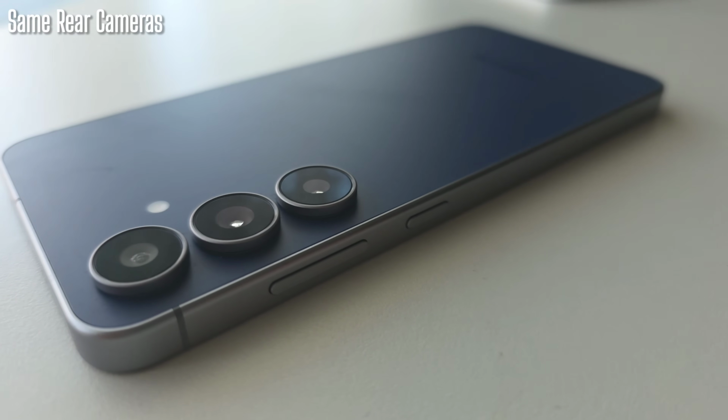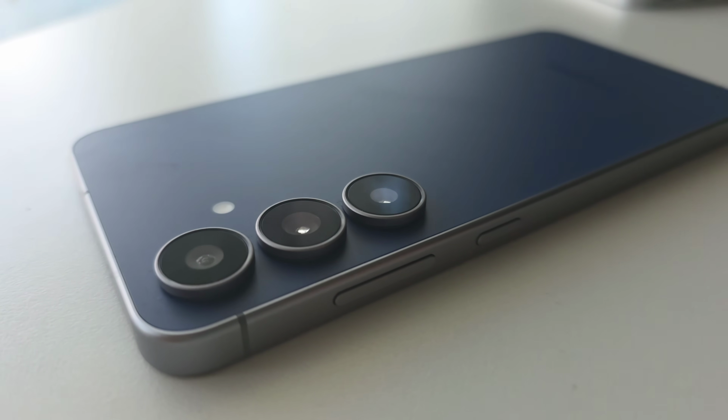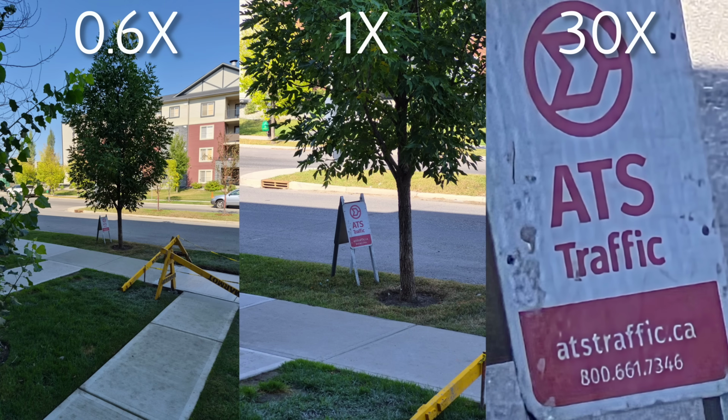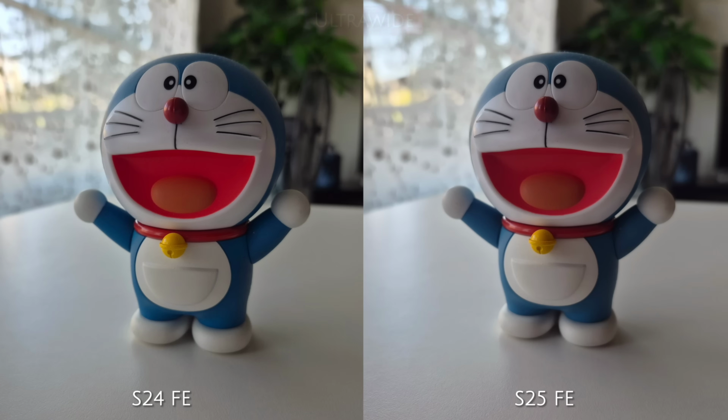And lastly is the same rear camera setup. So we have a 50 megapixel main, 8 megapixel telephoto, and 12 megapixel ultra wide. There's not much of a change in terms of camera sensors. The only difference here is the selfie camera, which is 12 megapixel as opposed to 10 megapixel last generation. But other than that, it's the same sensor, it's the same lens, and I believe this will be the same